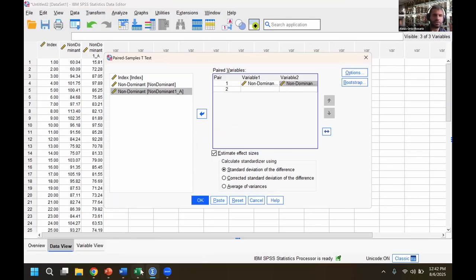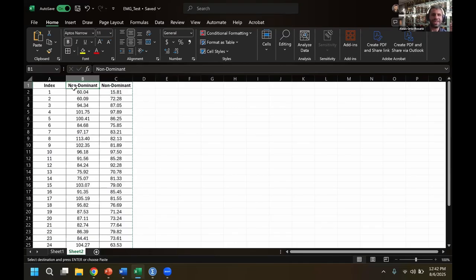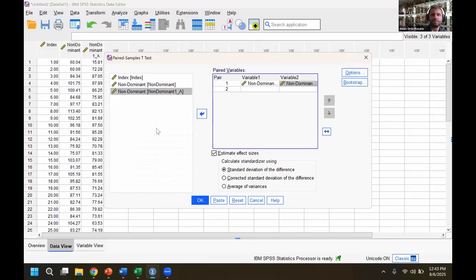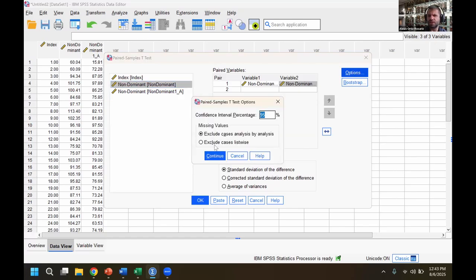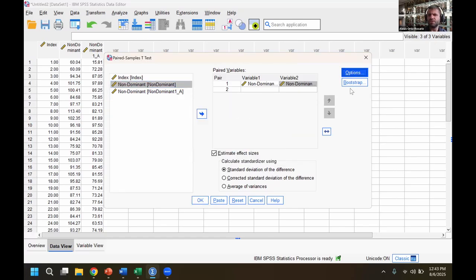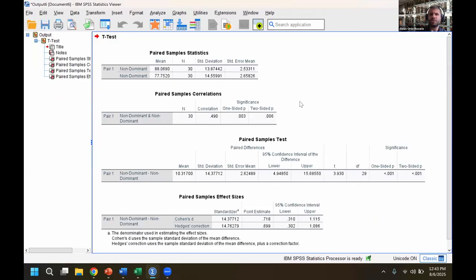Let me double check which one is which. So, I actually named them both non-dominant, so that's why it was giving me an issue. So we'll just change the first one to dominant. So we know the first one is dominant and the second one is non-dominant. For options, I'll check here, confidence intervals, nothing that I need to change. I do want it to estimate the effect size, so I'll just go ahead and run it, and then I'll see. First thing I want to see is just this